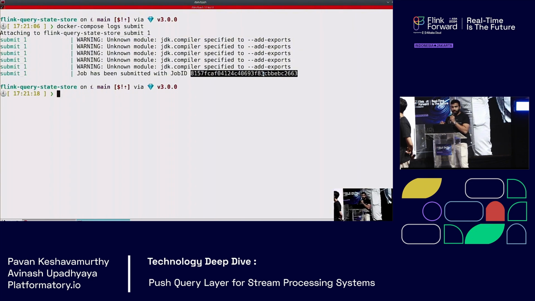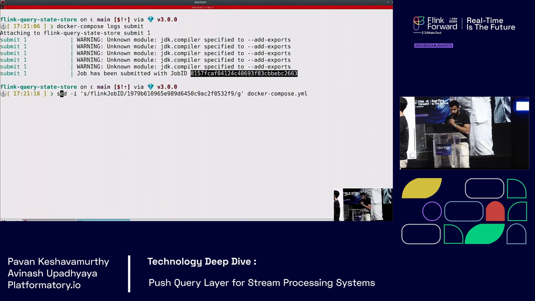The state store client that we saw earlier is a simple Java library. It's a Java dependency that you would use to query. But in order to have a better interface, we've written an HTTP layer on top of it so that you can query by a particular key. That's something that is custom built, but you can use any Java client to go query the state. Next up, I'll need to update my configuration with the new job ID.